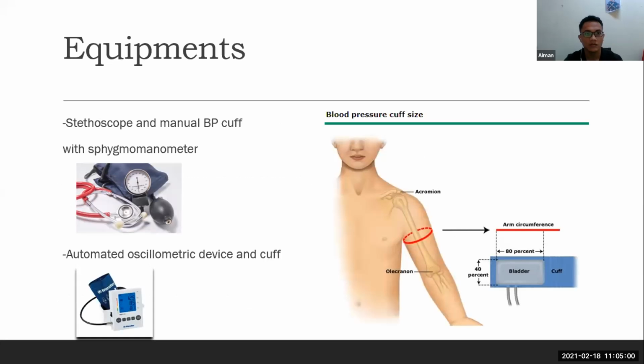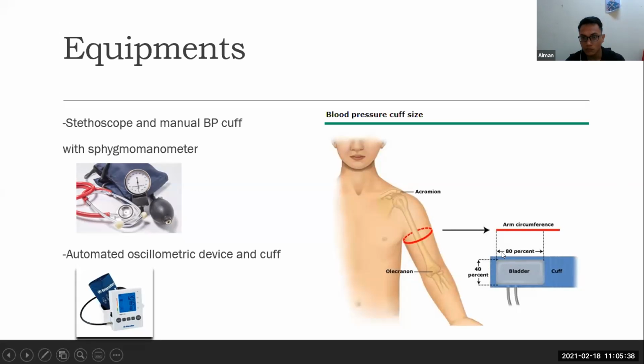So for the equipment, we need the stethoscope and the manual blood pressure cuff with sphygmomanometer, and then an automated oscillometric device and cuff. So in order to make sure that we get a precise blood pressure measurement, we have to ensure the size of the cuff. So how do we make sure that the cuff is suitable for the patient? We have to make sure that the bladder size